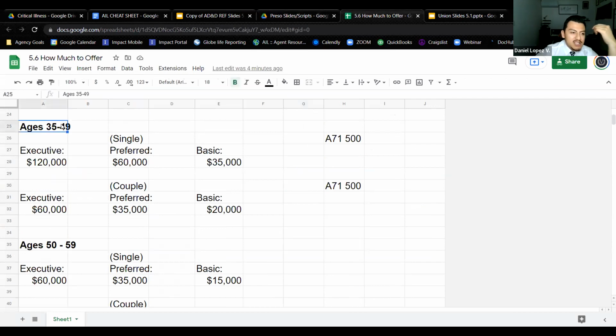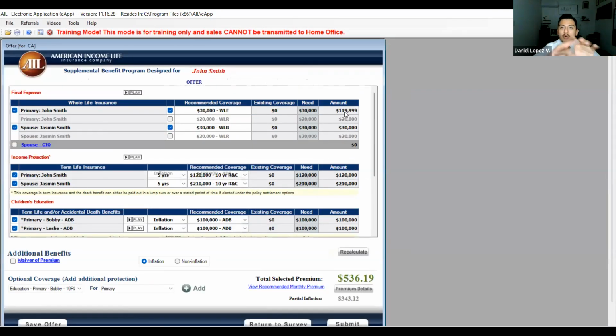But if I know I'm sitting down with a couple who's 40 years old, I know that I don't need to go to the super combo, because the options that I'm going to show them are right here. So I'm not even going to go to the super combo. I'm going to stay here, because to find out prices this is a lot quicker. The super combo is very slow. When you make any edits in the super combo, the system is very slow. This is a lot better.